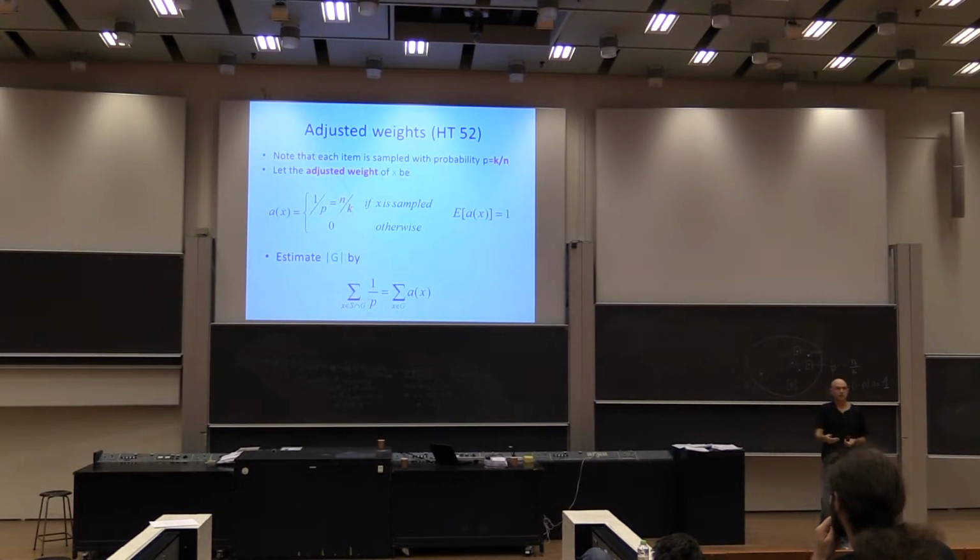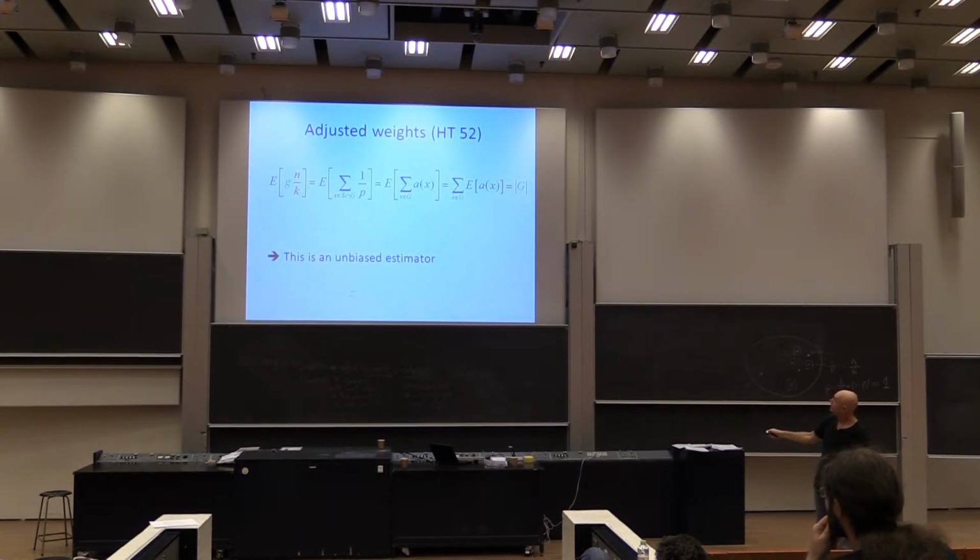So in this particular simple setting, the sum of the adjusted weights, what is it? It's n over k for each green item in the sample, and 0 for each green item which is not in the sample. So it's like g times n over k. It's exactly the previous intuitive estimate, presented in a very complicated way. Okay, so this is exactly g times n over k. And now you can see that the expectation of this estimator is exactly the size that you want to estimate, right? Because if you take expectation here,